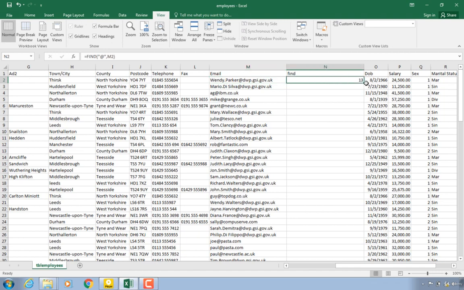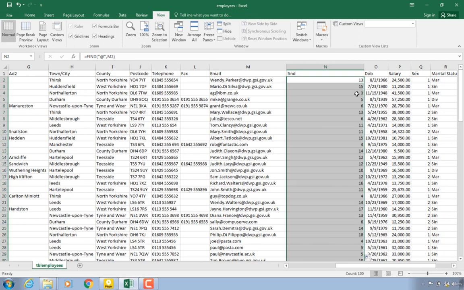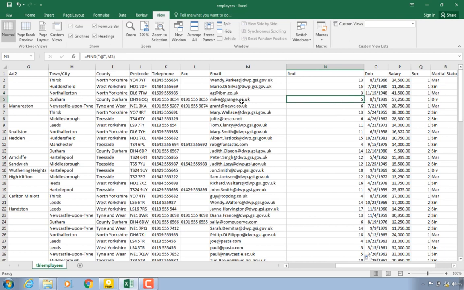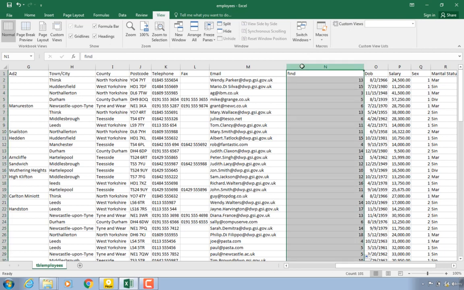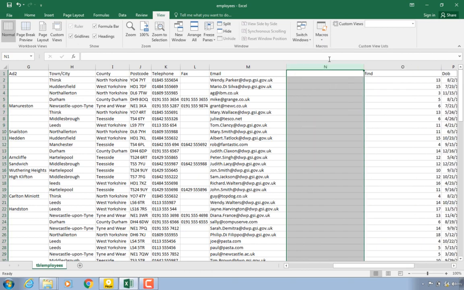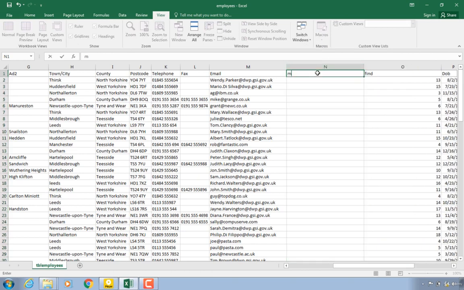Okay, so you can click over here, then replicate it here. You can see that the @ symbol over here is the 3rd character, and over this section over here it is the 5th character. So we're going to add another column over here, and you're going to call it MID. And what we're going to do over here is use whatever we found using the FIND function, but we only want to get the domain of each email address. Okay, so the MID function is expressed as equal sign MID, open brackets,